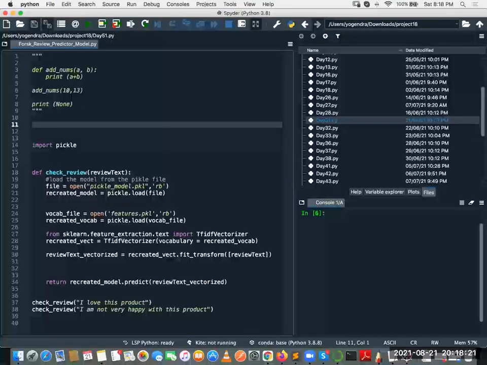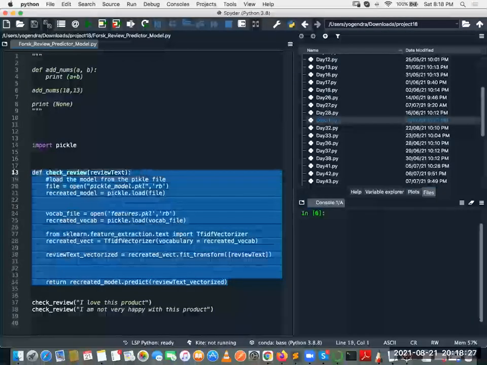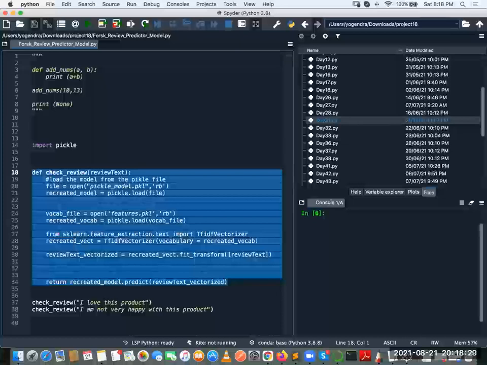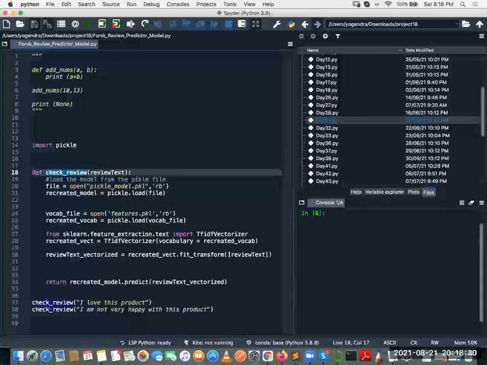If you see on your screen now, you see one function which is written in Python. Just to explain a couple of things for you, how things are working behind the scenes. Now, guys, there is a function called check review. What exactly is it doing, guys? This check review function takes a review and gives us the prediction.